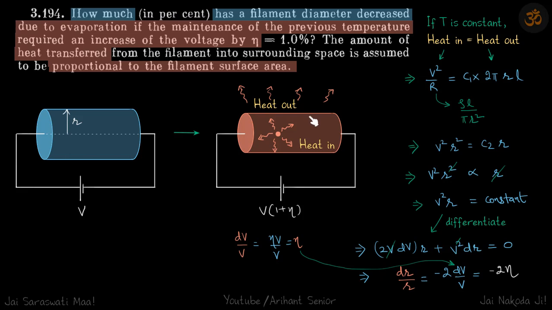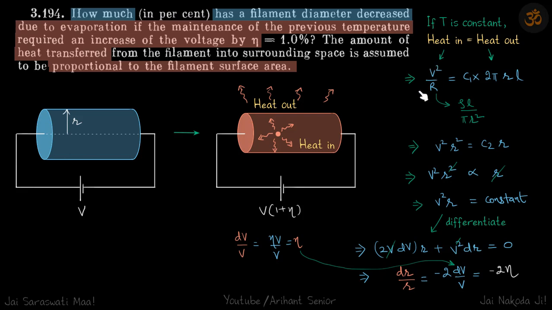So again, I'll explain quickly. There are two things happening here. One is the filament radius is decreasing, and because of that, the heat which is escaping is reducing, because heat escaping is proportional to the lateral surface area, which is 2 pi RL. So heat out is 2 pi RL times some constant. And heat generated inside the filament is V square by R, because V is constant. So R is rho L by A. So this term has R square in the numerator, and this term has R in the numerator. So both are decreasing when R decreases, but this decreases more.